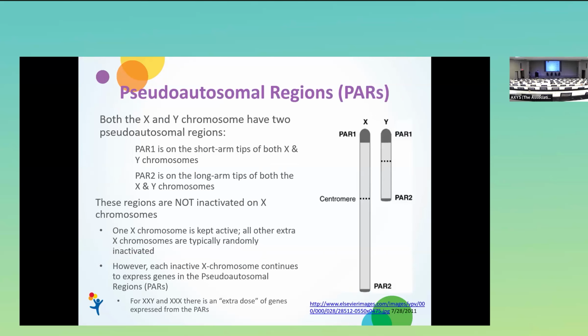An example of that is there are these regions on the tips of the chromosome referred to as pseudo-autosomal regions, meaning that they almost look like the numbered chromosomes, not the sex chromosomes, where there's copies on each. And these areas escape X inactivation. They're not inactivated on the X chromosome. And it's thought that this overexpression of areas that escape X inactivation may contribute to some of the symptoms and phenotypes